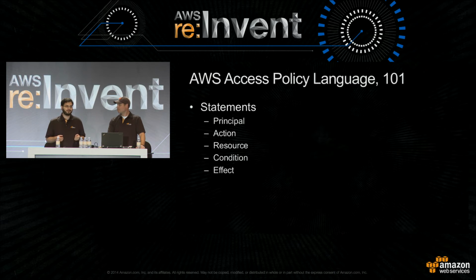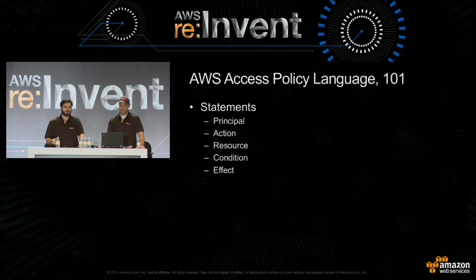An action, which might be something like S3 get object. It's a specific AWS API. Action of star is bad, it means anything. Action of S3:star is less bad, it means anything in S3. Action of IAM:star is really bad, it means can change all the policies anyway. There's also a resource field that can say this bucket, that bucket. Often the resource field will be star, that's not unusual.